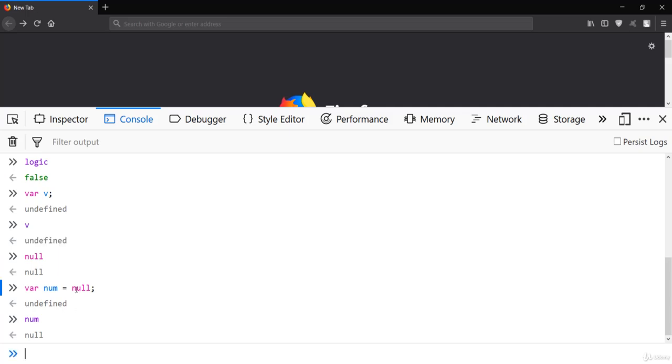But in this case we have given a value to the variable, so it will not show undefined, it will instead show null, which is no value at all. So num doesn't contain any value except null, which is different from undefined. So we have the 5 primitive data types: number, string, boolean, null, and undefined.